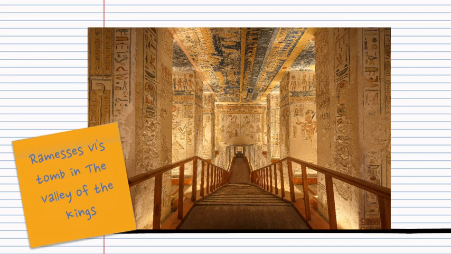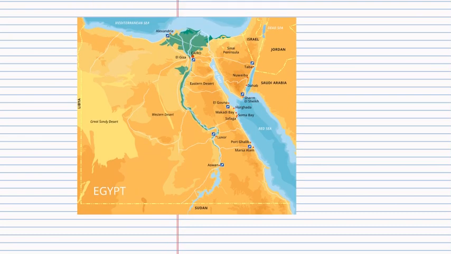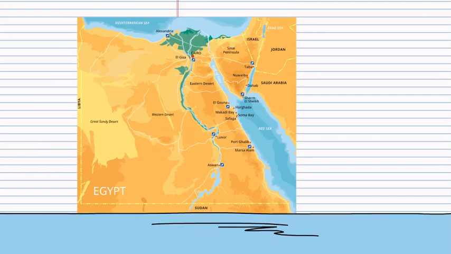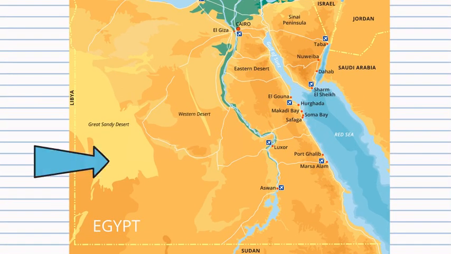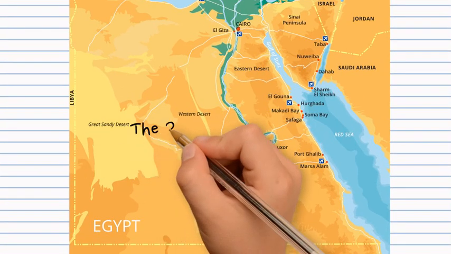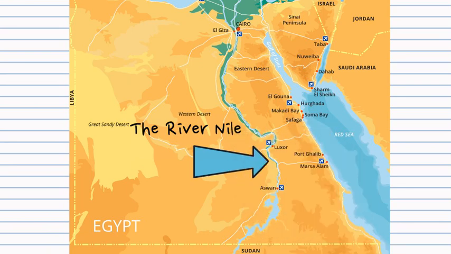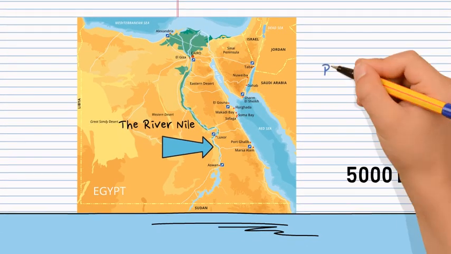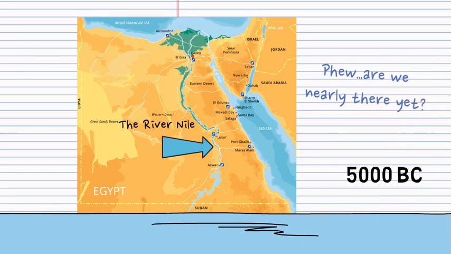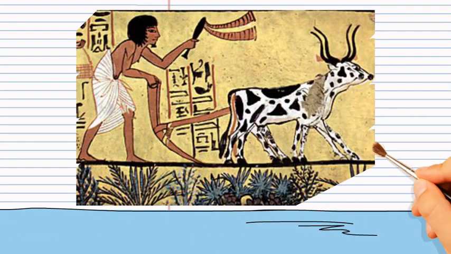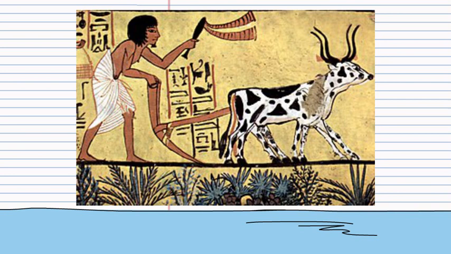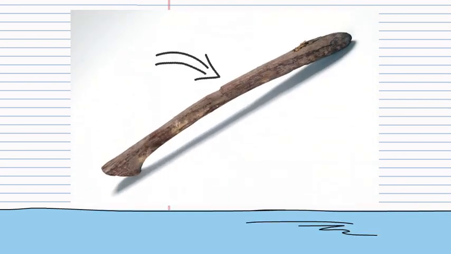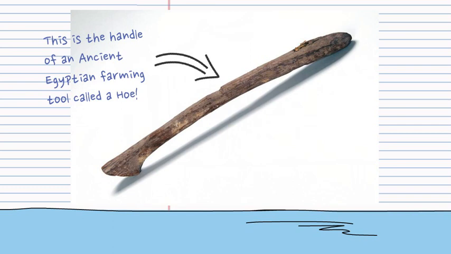But the Egyptians were around even before this. So we have to take one final jump back in time. Here we are, the very end of our timeline, 5000 BC. That is 7,000 years ago. The Egyptians are thought to have made the earliest villages along the River Nile all this time ago. Without the River Nile, the ancient Egyptian civilization may never have begun. It was important for a source of water, transport, and when it flooded every year, it made the land perfect for growing crops, which is why the ancient Egyptians were also brilliant farmers.